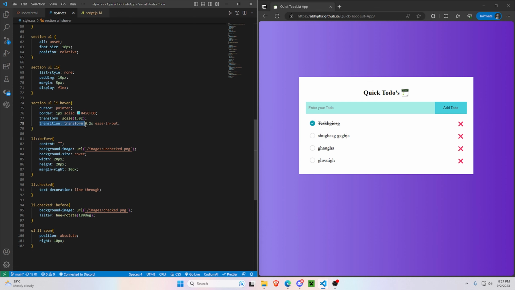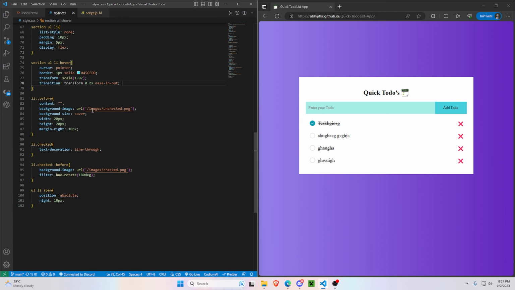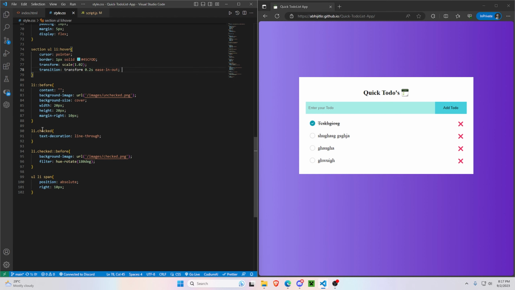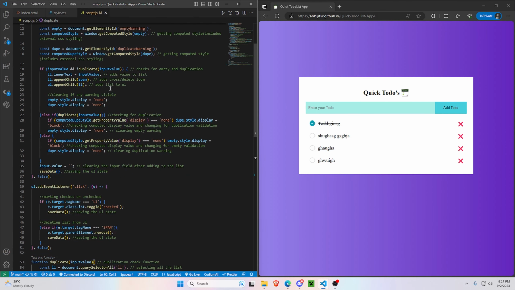There is a transition transform ease in and out. I was not doing it, but it was not looking so good. The transition is making it smooth, so I decided to keep it. And this is the status when it is unchecked. This is the image which is displaying, and after checking we are adding a class,